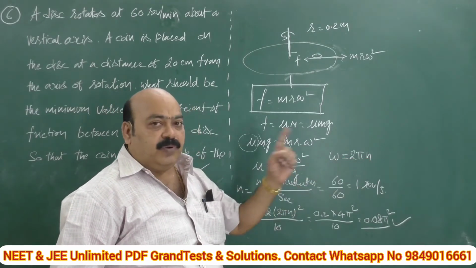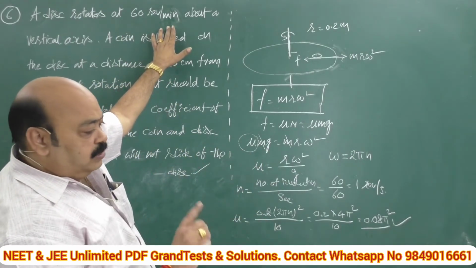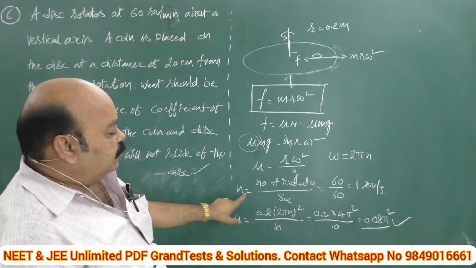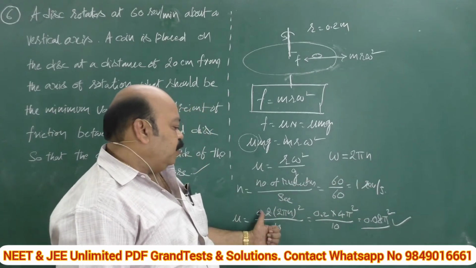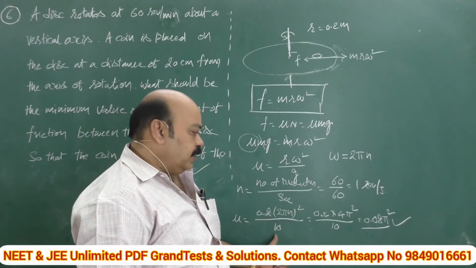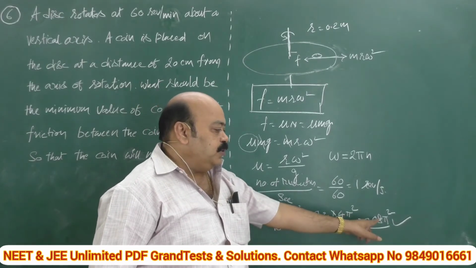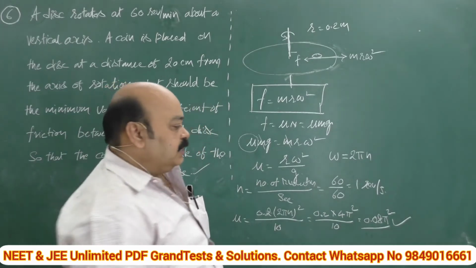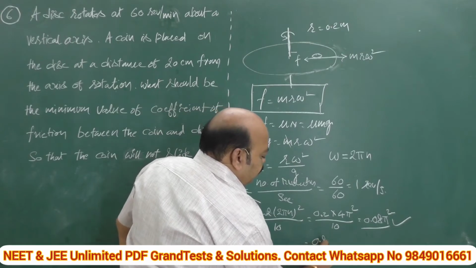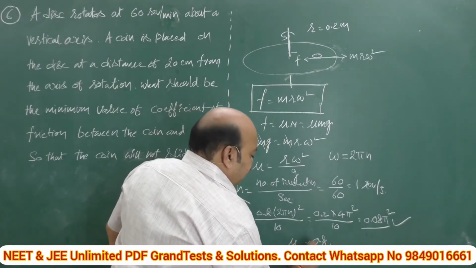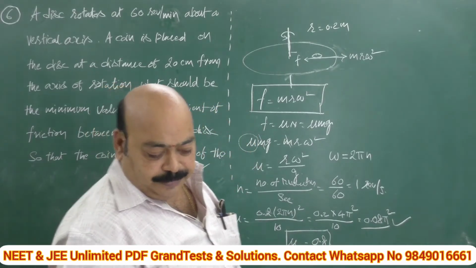n means the number of rotations per second, but in the data number of revolutions per minute is given. So small conversion: in seconds, it is 1 revolution per second. If we substitute the n value, 0.2 into 2 pi n whole square divided by 10, nothing but 0.2 into, n is 1, 2 pi whole square, 4 pi square, 0.08 pi square. As I said, this pi square is nearly equal to 10, that's why its value is approximately equal to 0.8. Since coefficient of friction is a ratio, it has neither units nor dimensions, mind it.